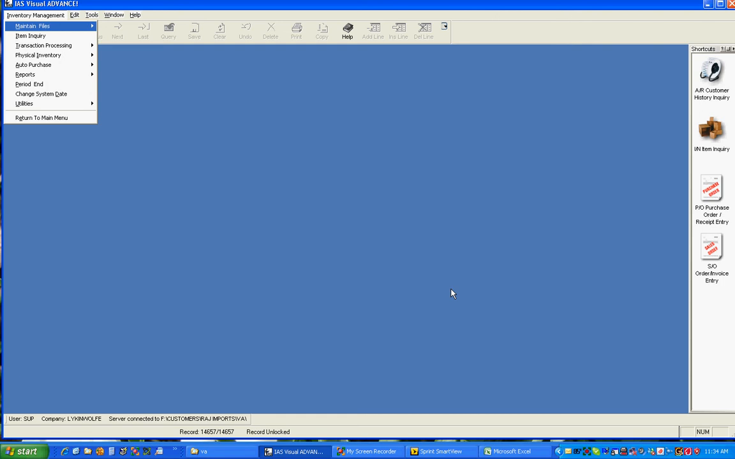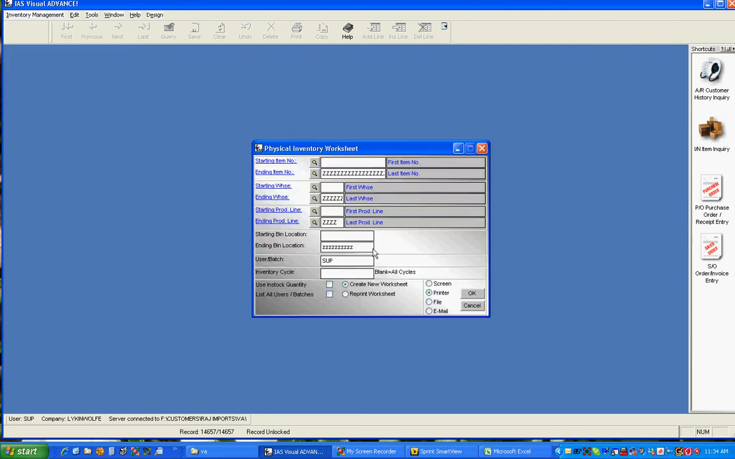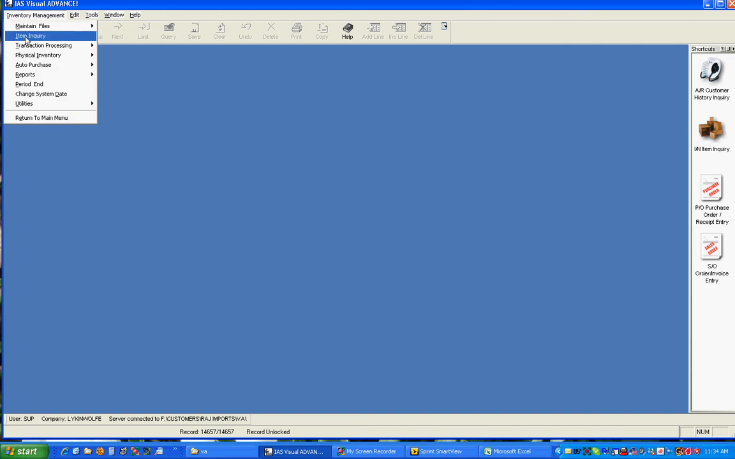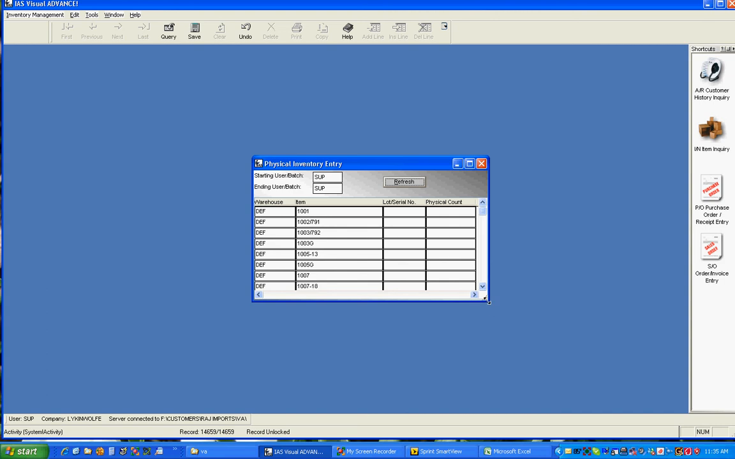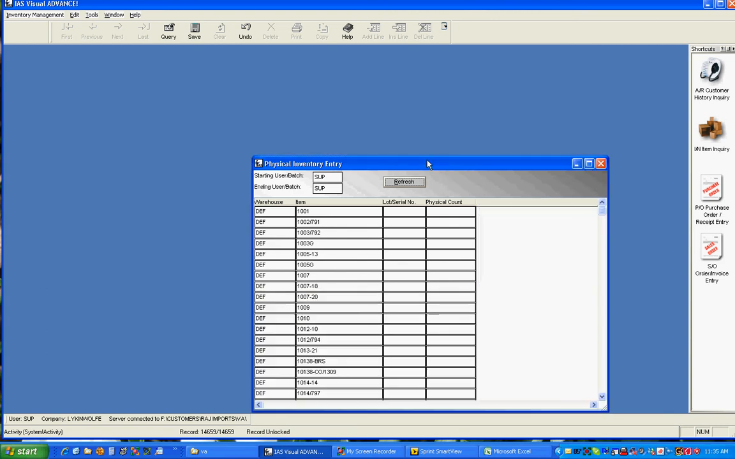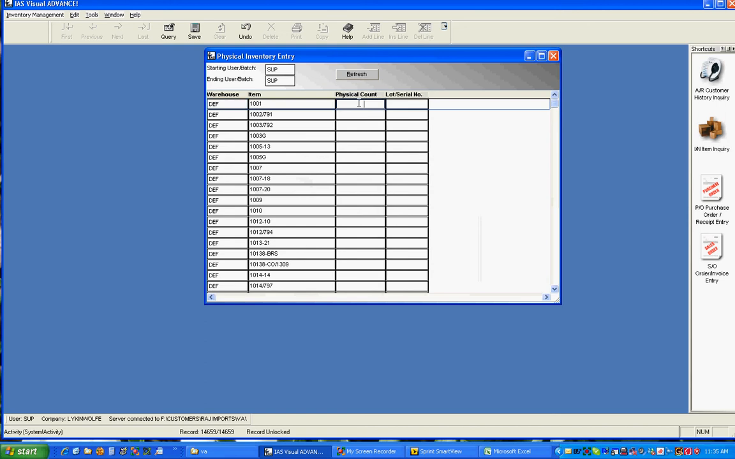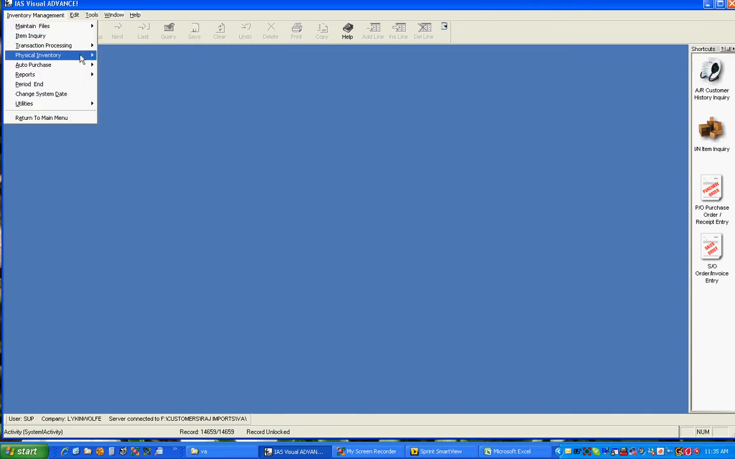Now, when you've gone out and you've done your physical count, then you're going to go back over here to physical inventory worksheet, and I'm sorry, not physical inventory worksheet, physical inventory entry. Hit refresh, and that brings up your entire inventory again. So all you have to do is put your counts in. And again, you can pick a column, 10, 100, 75, etc. Just fill in the quantities that you have, and you can come back and forth to it, and when you're all done entering all of your quantities, go back to physical inventory